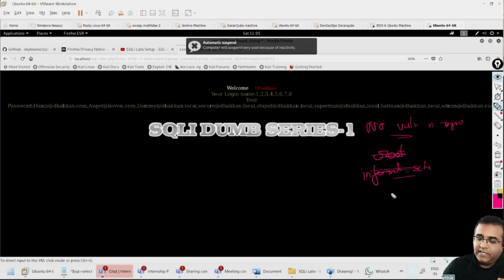And the second thing is at the application level. So this is at the MySQL configuration level. And at the application level, whenever I'm giving ID is equal to 1, the website should not take anything else than a number.